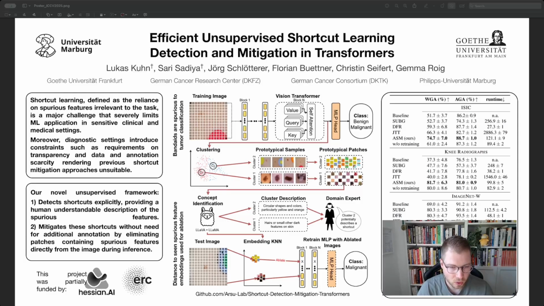We eliminate tokens, for example, from this test image by using k-nearest neighbors between all those different prototypical patches from cluster 2 and the prototypical patches from cluster 1. And we can see if one of those tokens here actually isn't closer to the shortcut cluster. If it is, then we ablate this, so we remove the token from the sequence. If it is not, we obviously don't remove it because it's part of a real image and we want to use it. So we actually remove the shortcut from the input data,